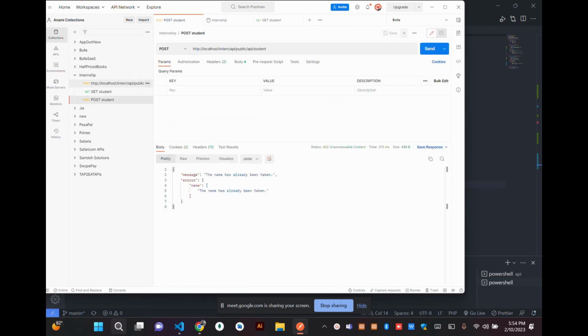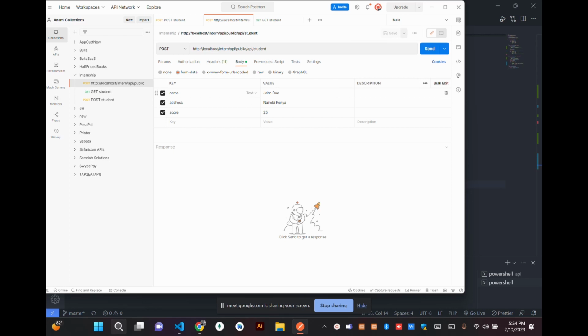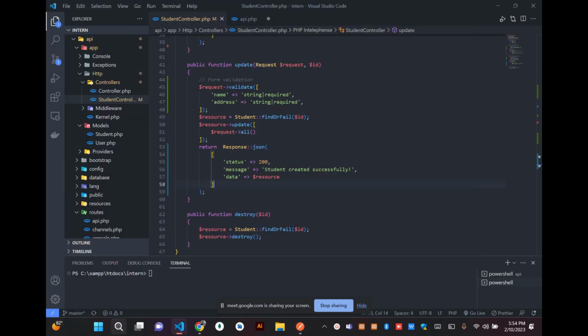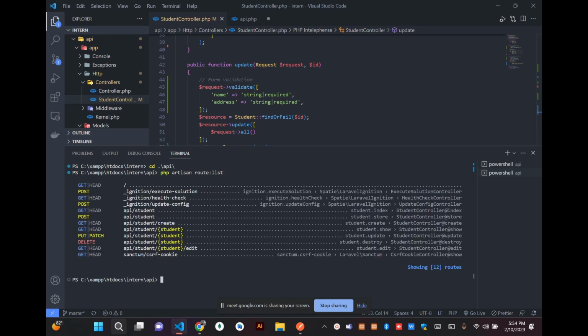Yeah, so let me delete this, or maybe I can just continue with this. Now this one, let's say I want to update a student. So remember the update API has this /id. So there's something we need to add here, because if I go to list, let me say php artisan route:list, you'll find that there's this student, the key that is being added on our auto-generated